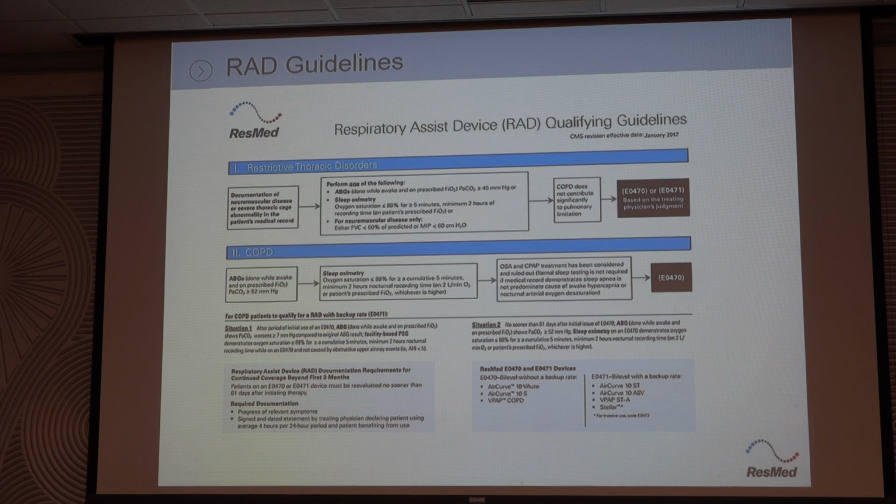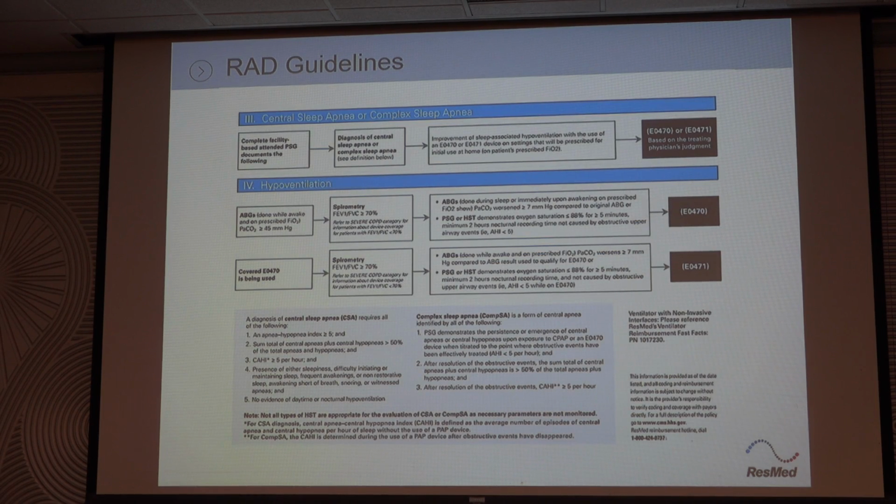Another one, central apnea, which as long as you meet this criteria, this is Medicare's definition of central sleep apnea. And the big one here is this: of all the apneas, hypopneas, put them together, more than 50% of them are centrals, then that's the big key to classify, yeah, this is a central apnea patient. And then you can go through these little hoops, which is not hard if you meet those, and then